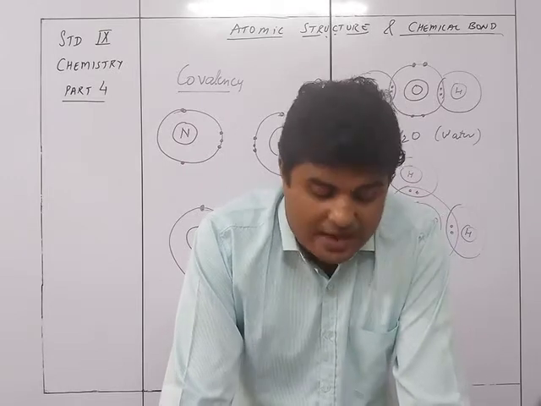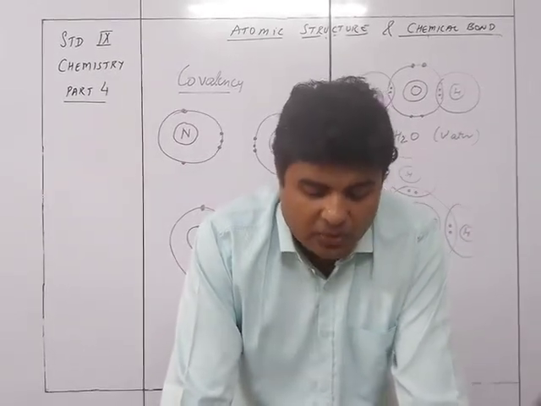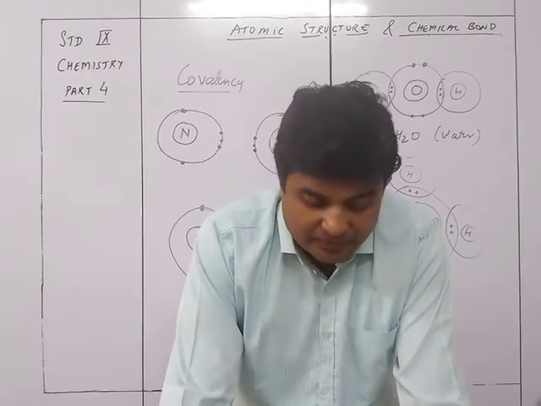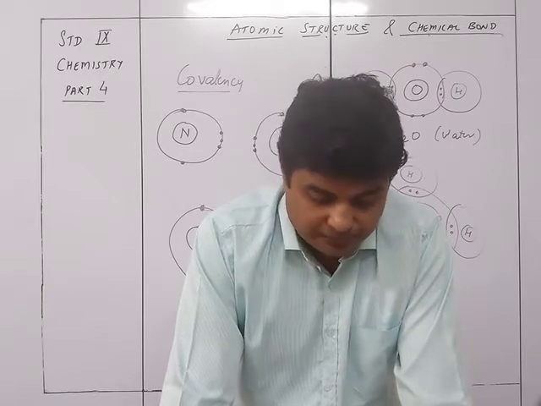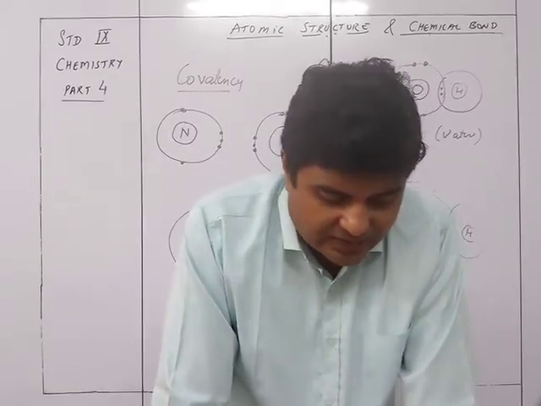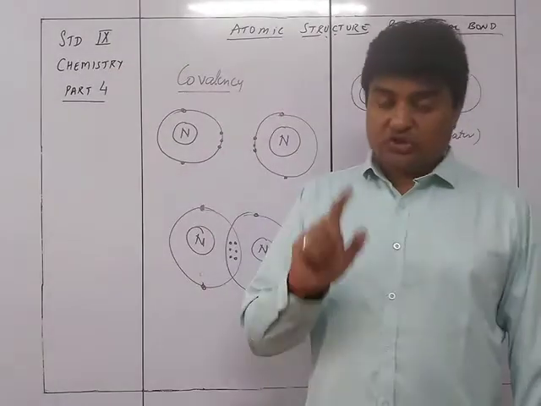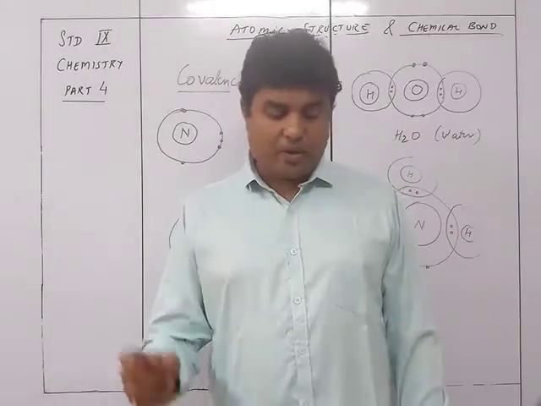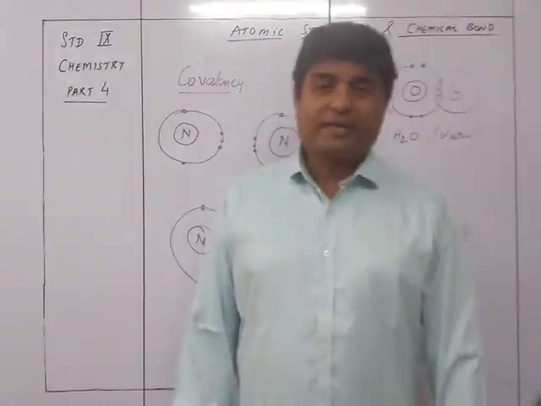Whereas atoms of the other elements have an unstable electronic configuration and their outermost or valence shell is incomplete, they can gain, lose or share electrons. They tend to attain the stable electronic configuration of the nearest noble gas by transfer of valence electrons from a metallic atom to a non-metallic atom. That is called a chemical bond.